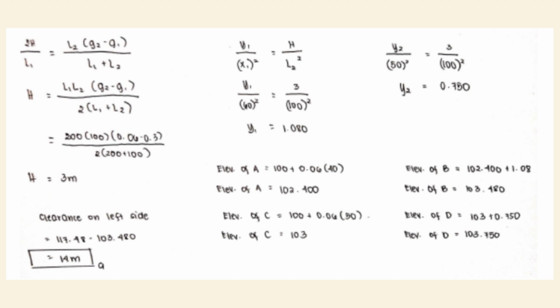So Y sub 1 over X sub 1 squared is equal to H over L sub 2 squared. Substituting values, we have Y sub 1 over 60 squared is equal to 3 over 100 squared. Solving the equation, Y sub 1 would be equal to 1.080 meters. Next, using the same process, we can solve for Y sub 2. Y sub 2 would be Y sub 2 over